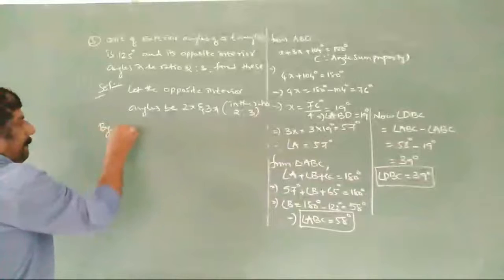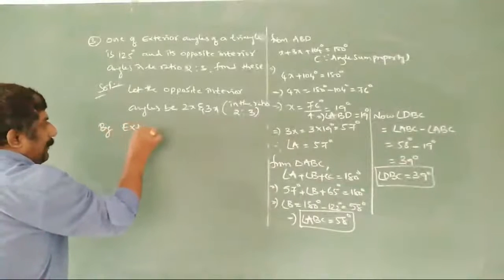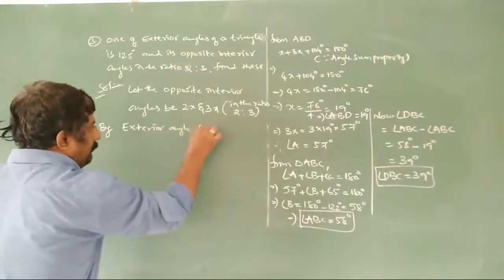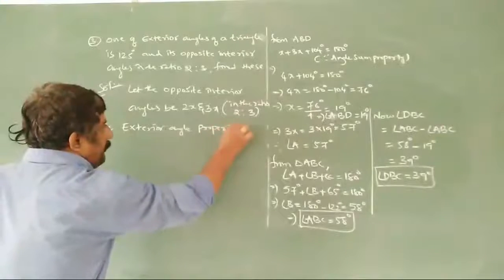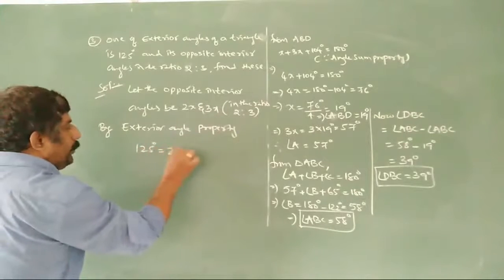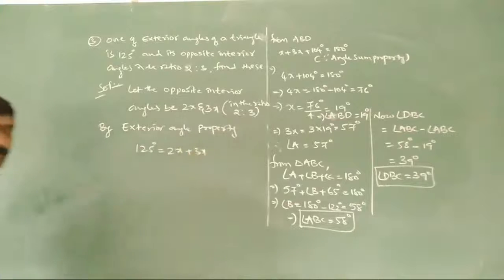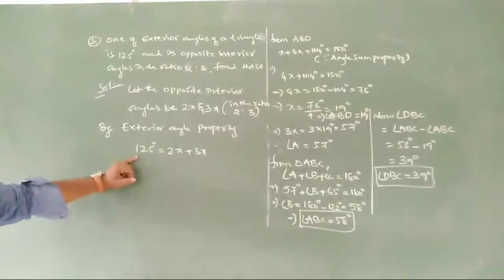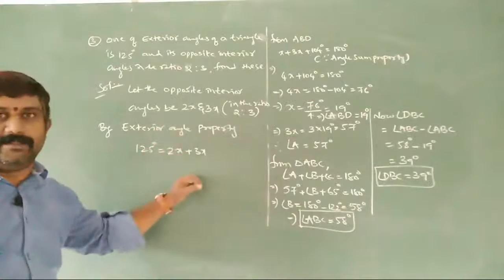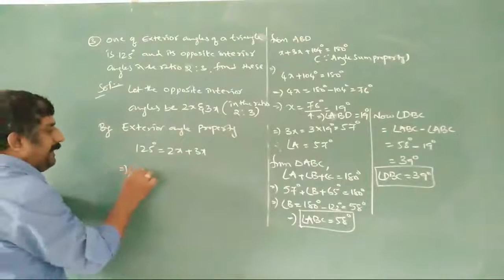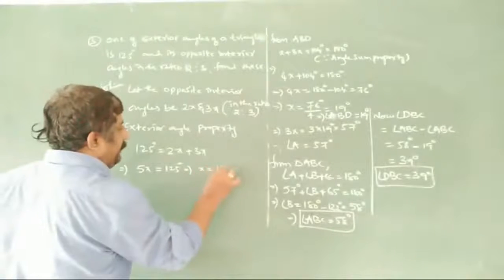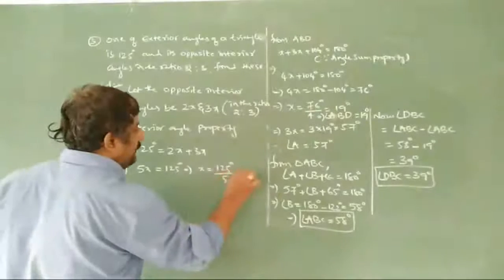By exterior angle property, what can we say here? 125 equals 2x plus 3x. Why? Because 125 is the exterior angle and 2x and 3x are its opposite interior angles. So what are we getting now? 5x equals 125, and x is nothing but 125 by 5, which is giving us